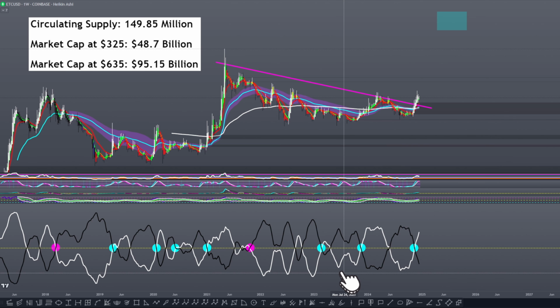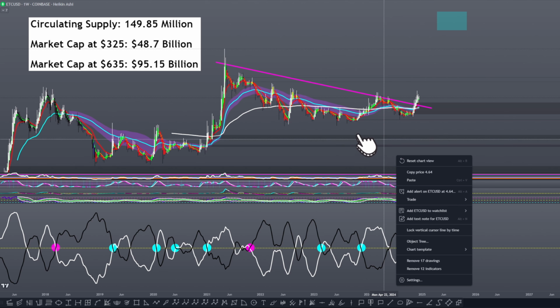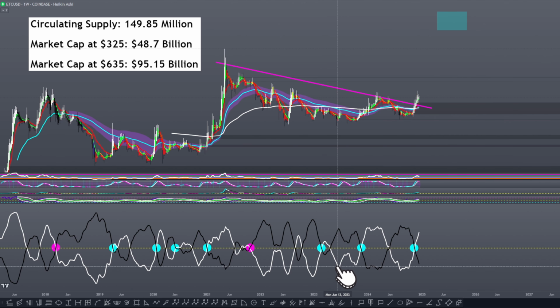And there's also a hidden bullish divergence going all the way back to June of 2023 until around August of 2024, where the price was going upwards and the bullish sentiment was going downwards. So you could have acted on that as well to really get the most out of this most recent impulse here for Ethereum Cash.